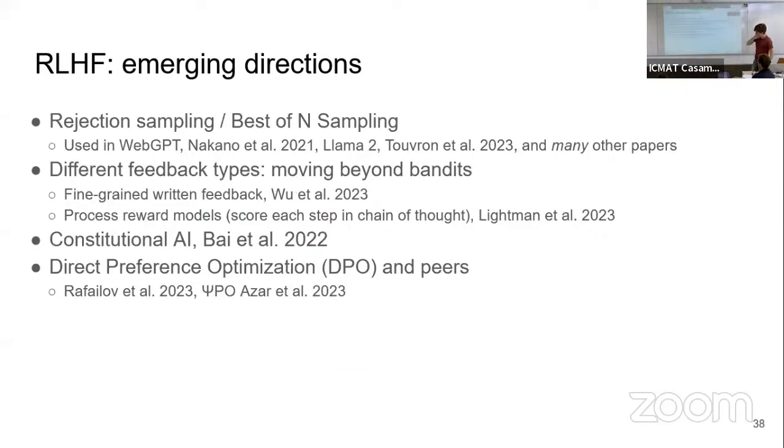And also a very interesting approach, which is what people are using now for reinforcement learning from human feedback, okay? Instead of PPO, this is quite popular, especially in the open source communities. Maybe you have heard about that. It's direct preference optimization, DPO, which was from May last year.